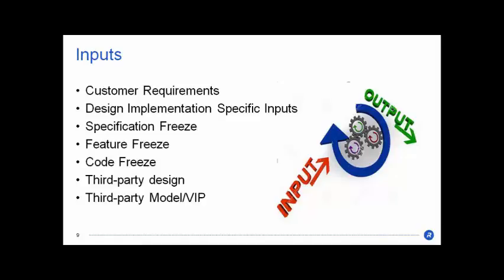The next one is the code freeze. That's the important stage where no more bugs would be fixed directly; they have to go through the issue change process. And that is where we are the people who say that yes, we have reached a stage where we are not finding any functional anomalies or bugs. So the design is very much stable. Now it can go to the next stage, where the implementation is done and we start verification at gate level and